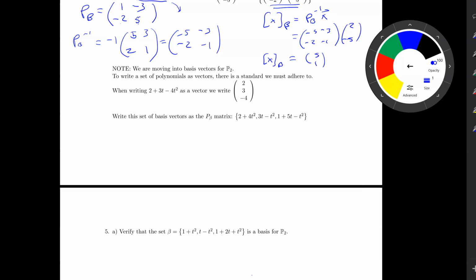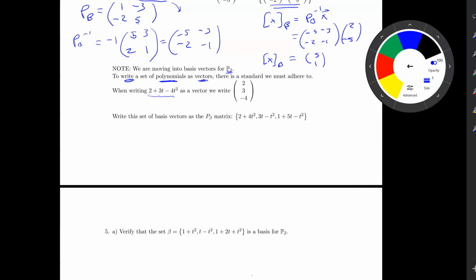All right, so now we're moving into these polynomials, which we haven't dealt too much with, so let's look at this again. Here is what we're going to need to do. If I've got a set of polynomials, and we need to write them as vectors, here's the standard. To write this polynomial as a vector, notice I put the constant in the first entry, I put the coefficient of the t in the second entry, and I put the coefficient of the t squared